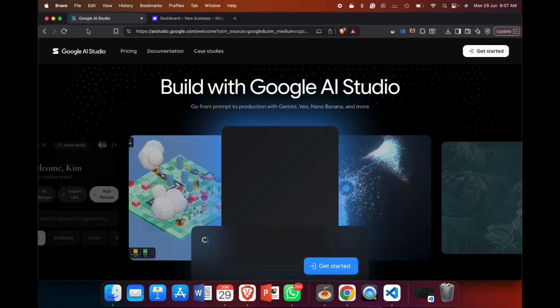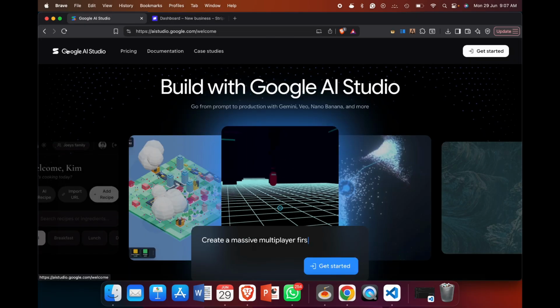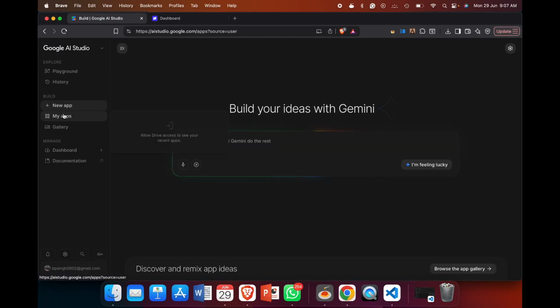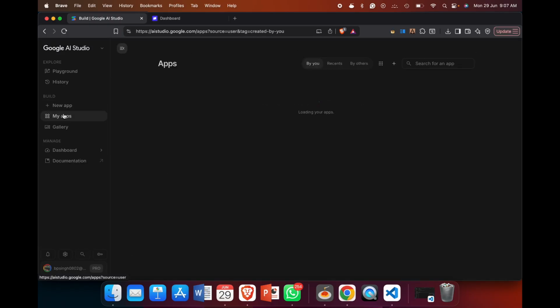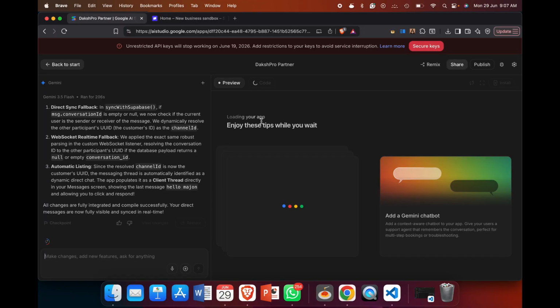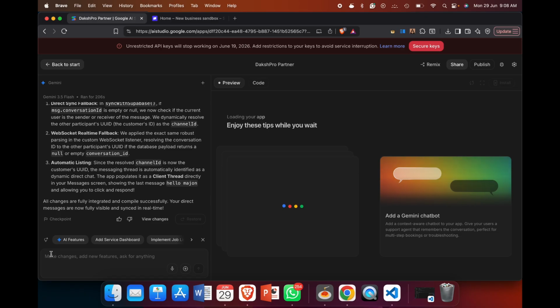Now here you see that I am in Google AI Studio Code. Here I go for choosing my project. So just click the option of get started. I created one application, so I just go there and simply search my app and close this and open this. Okay, now to not use any third-party application,